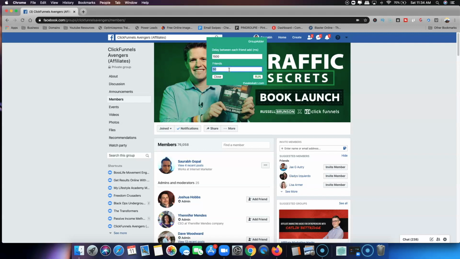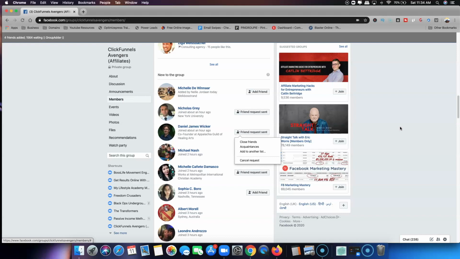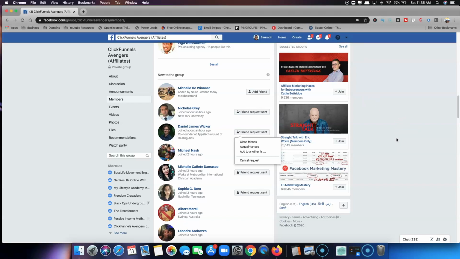So I'll just do 5, and then you just need to click on run and wait. As you can see, it is sending the friend requests automatically. It will send the 5 requests, and then it will give you a message that yes, it is done. So this is the automatic way to add friends from different groups.